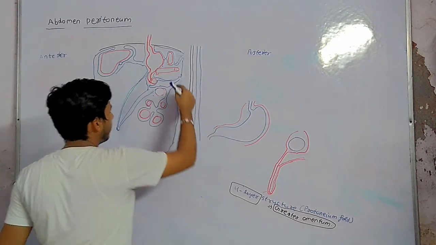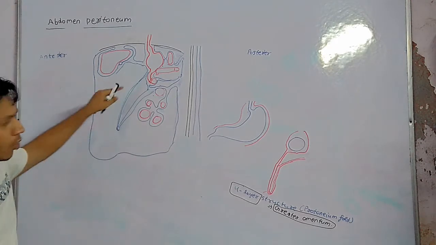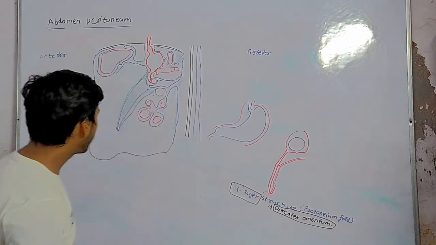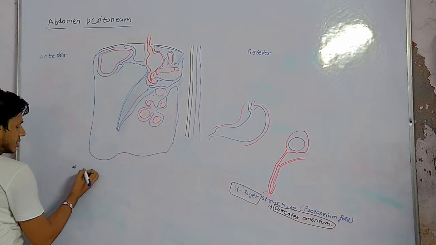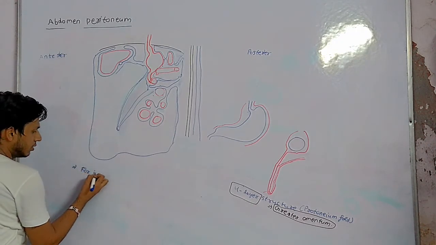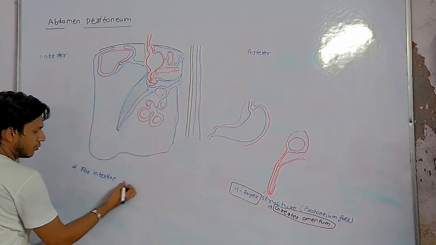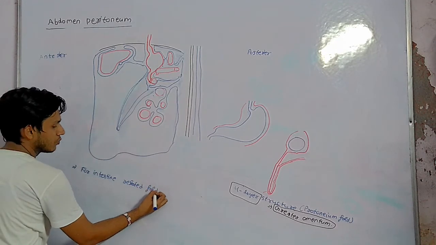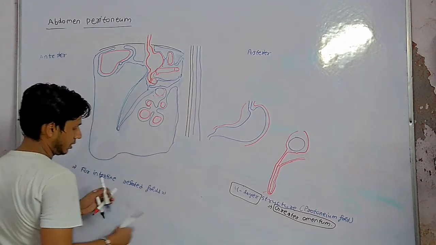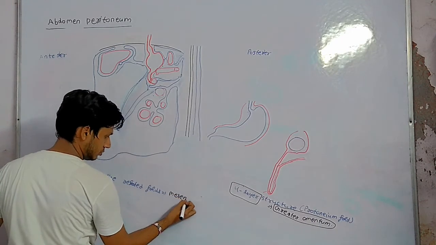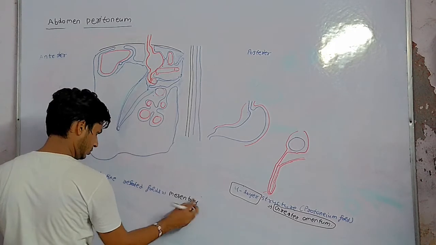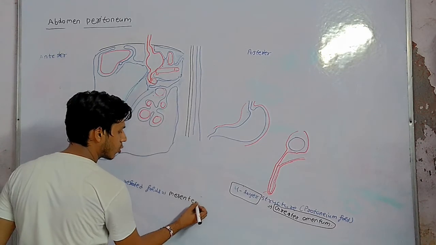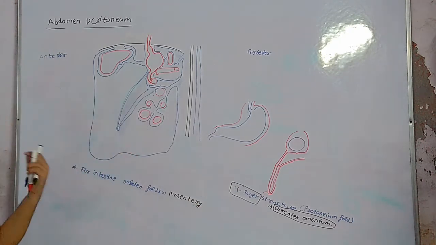Now through this, many folds and ligaments are formed. For the stomach, the folds of peritoneum are related to the stomach, and we call them omentum. But for the intestine, the related folds, we use the word mesentery. Basically this is again a peritoneal fold, but related to the intestine it is called mesentery, and related to the stomach it is called omentum.